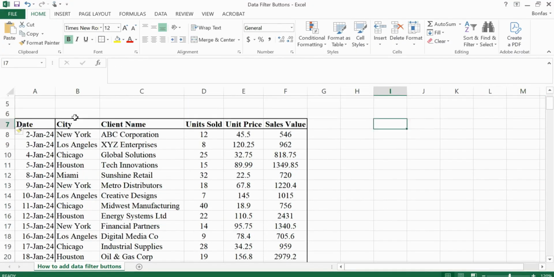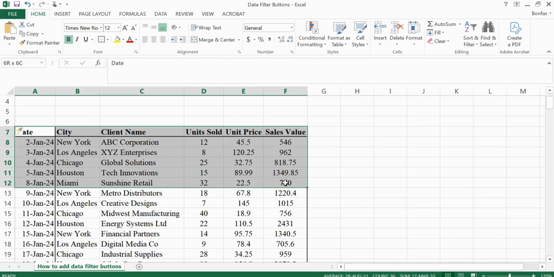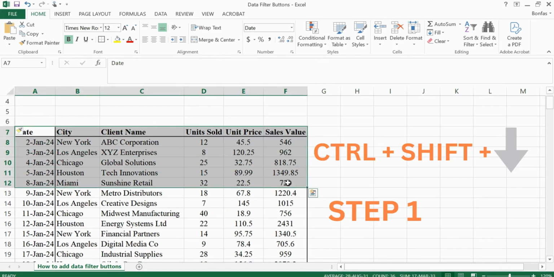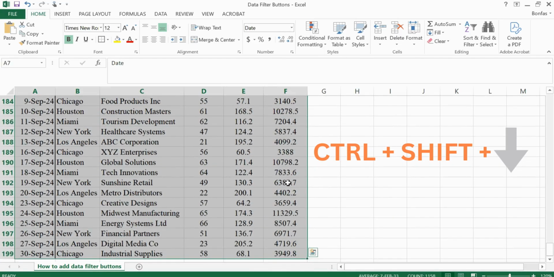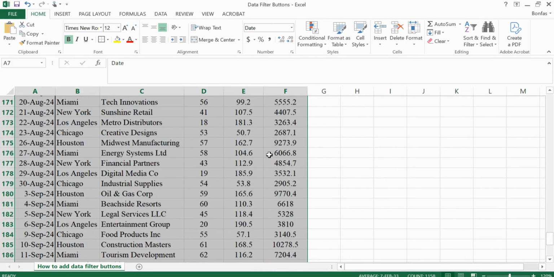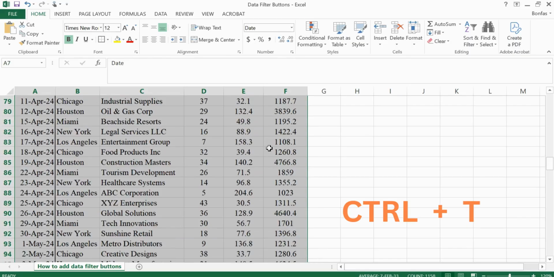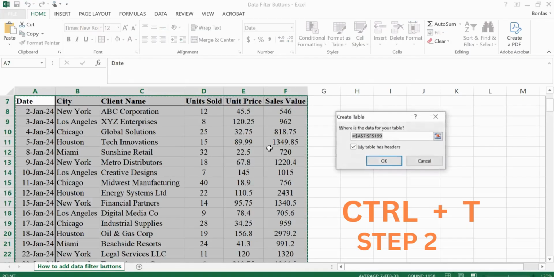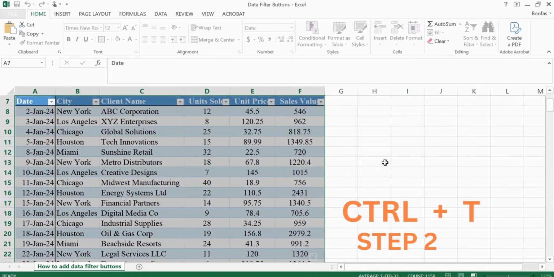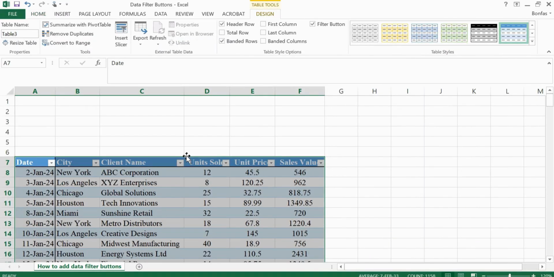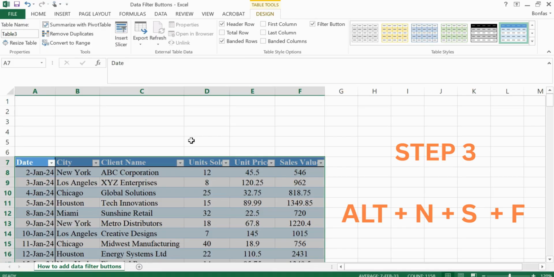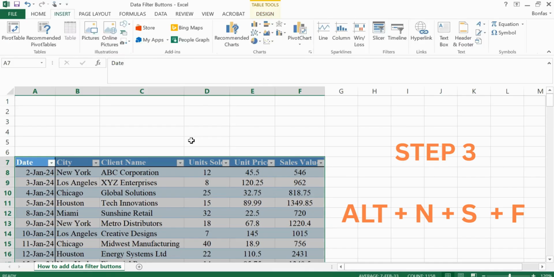Once you do that, you will need to highlight the data. Simply do Control Shift Down. Once you've done that, Control T. Okay, that will convert your data into table form. Then the next thing is Alt N,